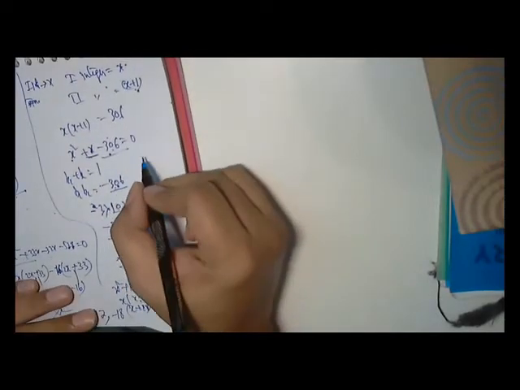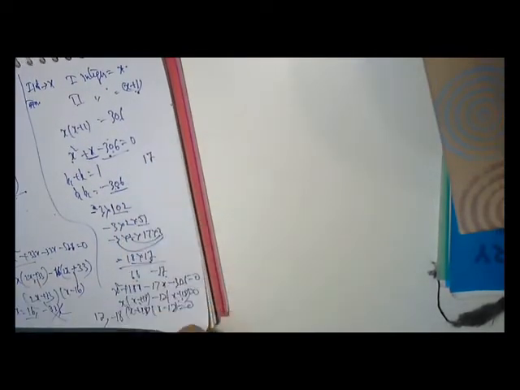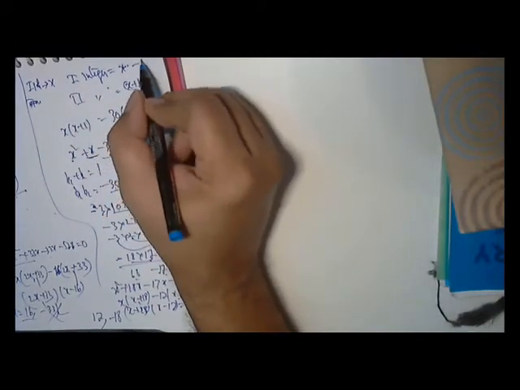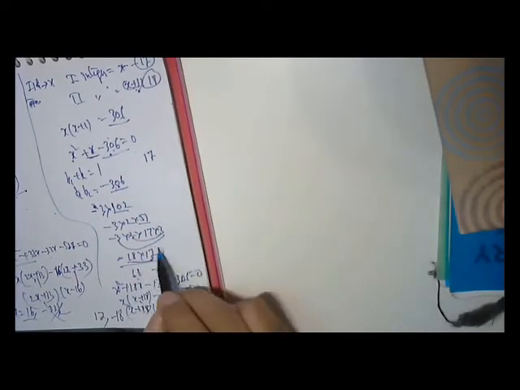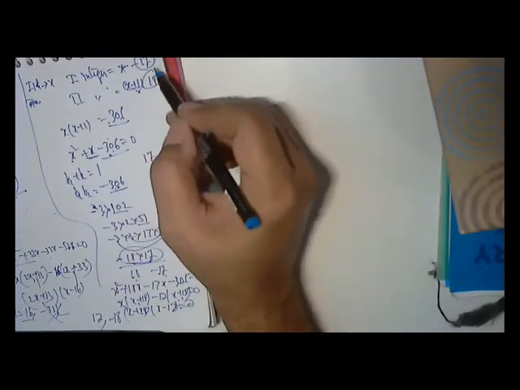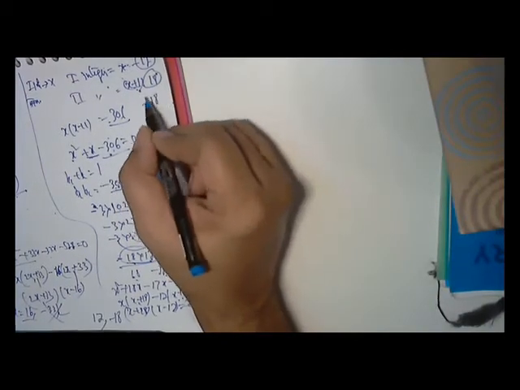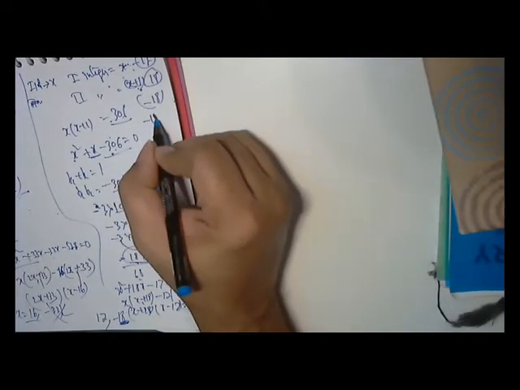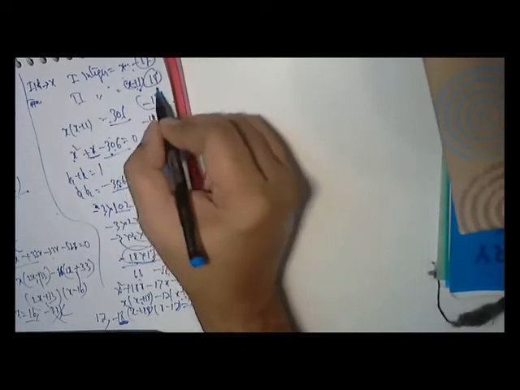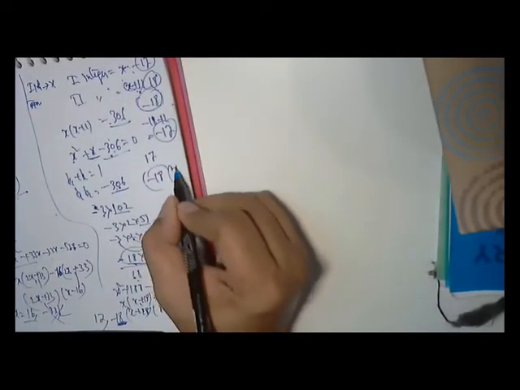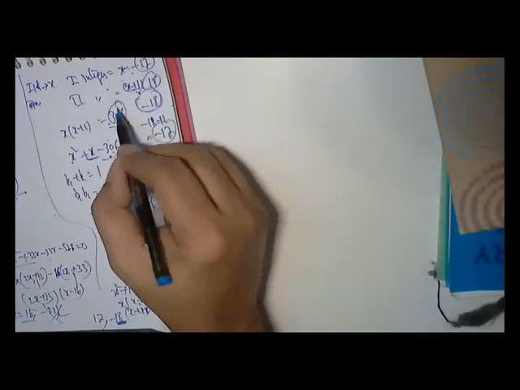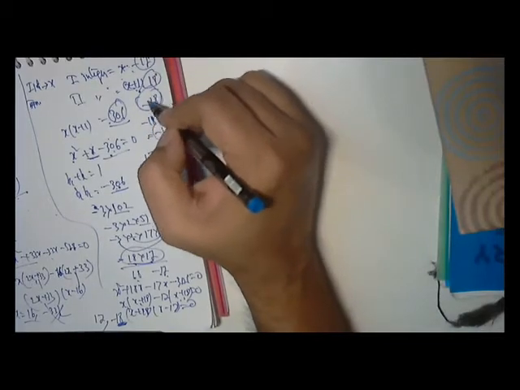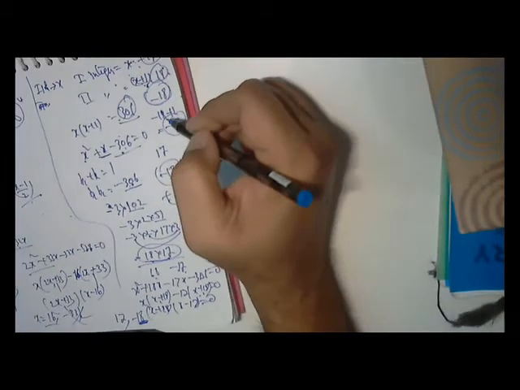Let us see here. If x is 17, then what is the next term? First term is 17, second term is 18. So 17 into 18 is 306. This is the product of consecutive integers. Now let us say x is minus 18. What is the second term? Minus 18 plus 1, that is minus 17. So the product is minus 18 into minus 17, minus into minus is plus, 18 times 17 is 306. Again it tallies, so both are correct. Plus 17, 18 is correct, minus 17, 18 also correct.